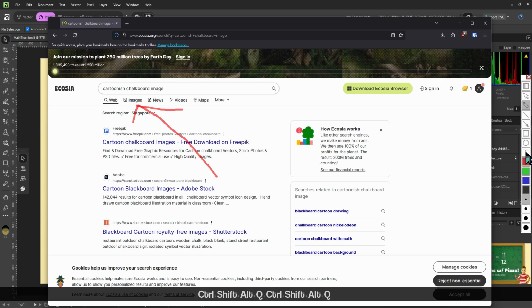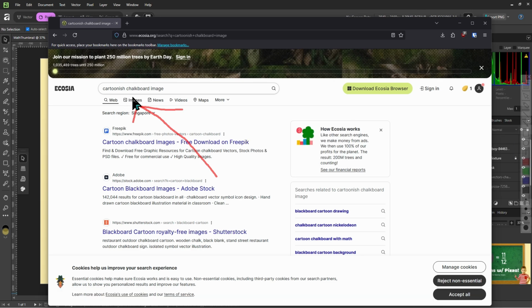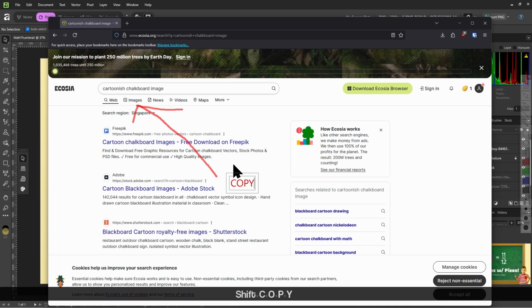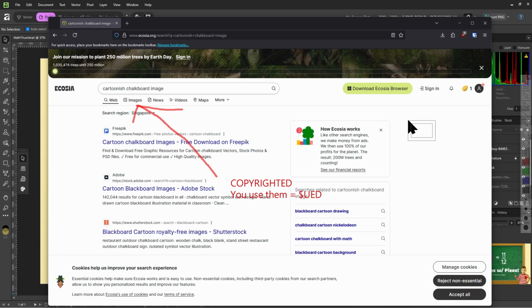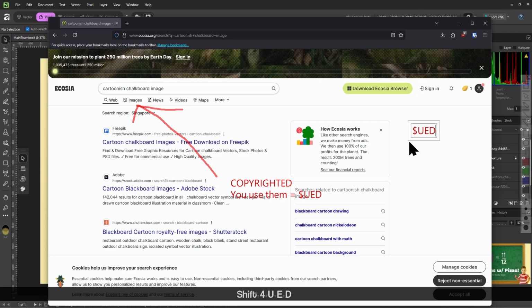Why? Because images in a search engine like this are more often than not copyrighted, meaning that if you use them, you could get sued. And let me just type that out again, sued, just to emphasize that.